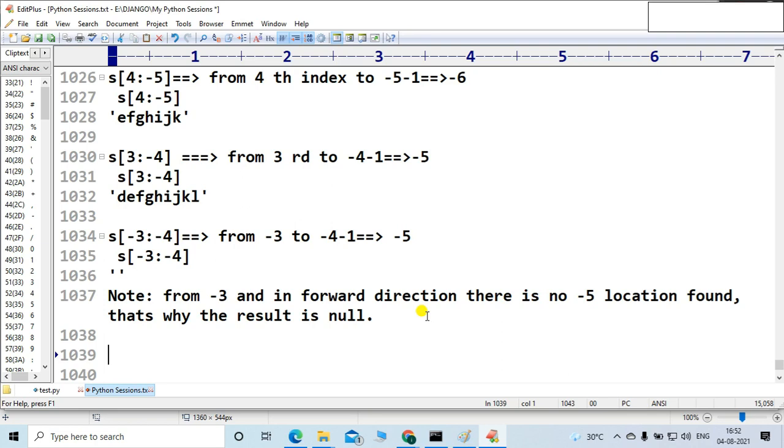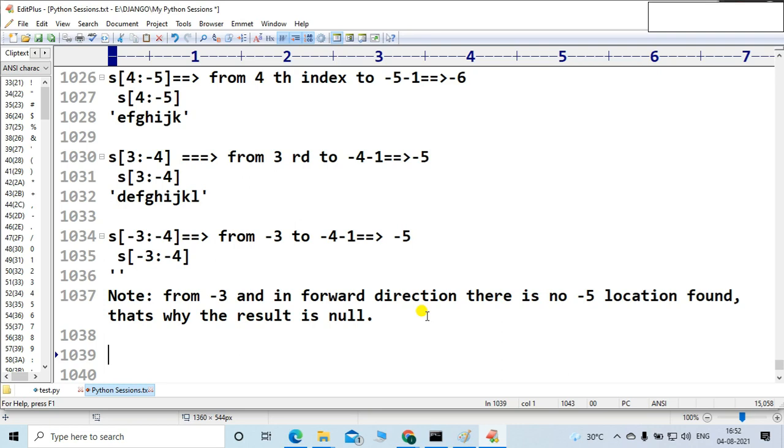Tomorrow we will see some advanced part, right? So this is a very basic part. What is the rule? N minus one, starting position, N minus one, complete. And one thing you also have to consider: you have to move in a forward direction. You can't move in a backward direction. Forward direction you have to move, right?